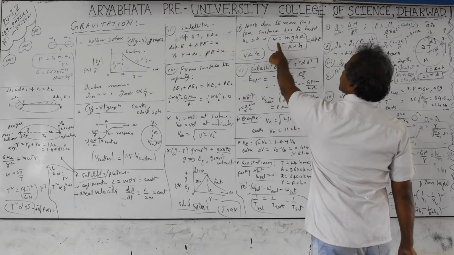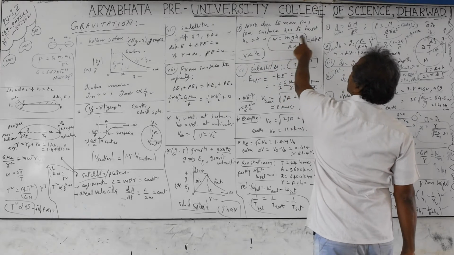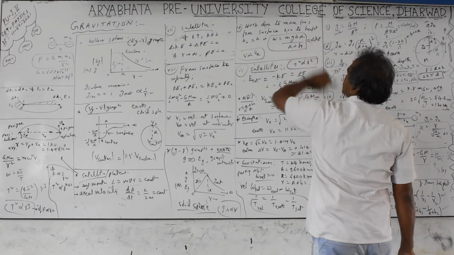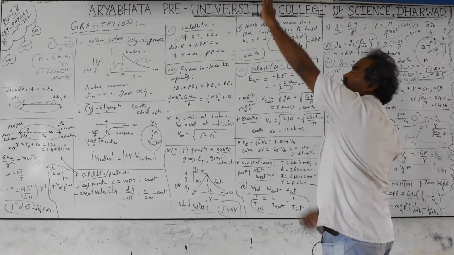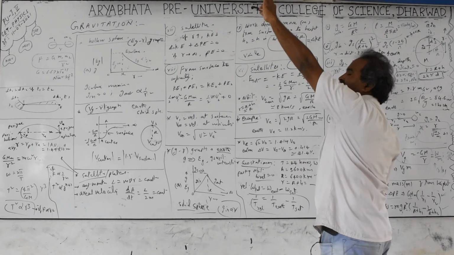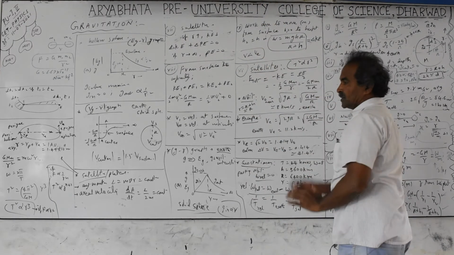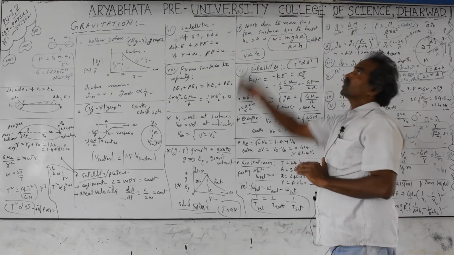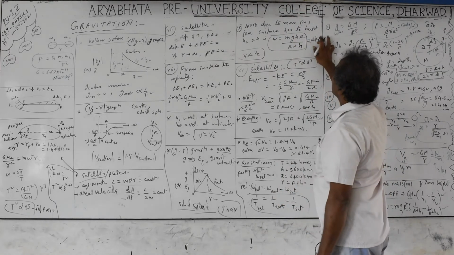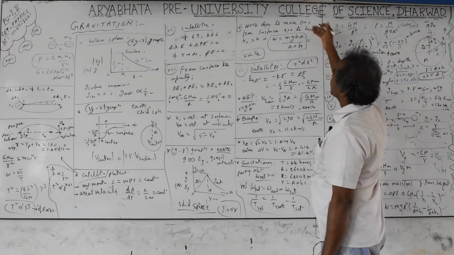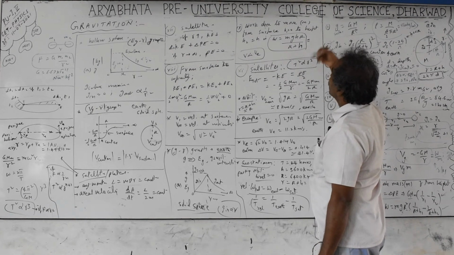Next, if you are taking this from the surface to height h, the work done is equal to this much. So you are dropping the object from height; what is the kinetic energy when it reaches the ground? You are throwing the object from the ground to that height h; what is the velocity you are giving? That itself is the change in kinetic energy. You are taking it from rest to rest, so if you are throwing the object, it is equal to half mv square.